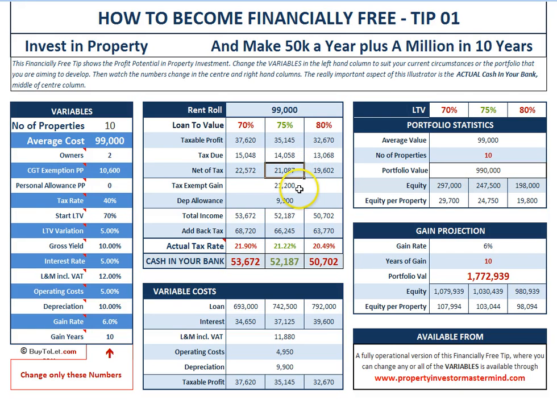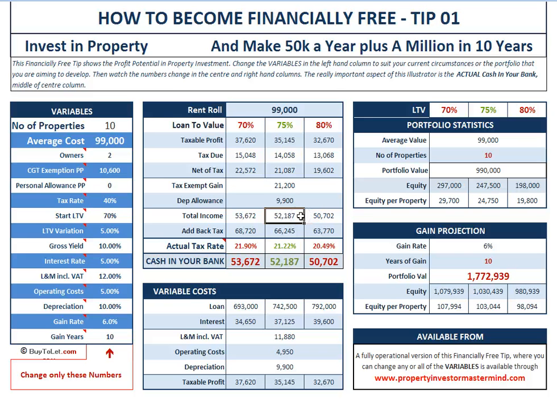Now the assumption is that you're going to sell at least 2 properties. Sorry, you're going to sell a property a year to generate a tax-exempt gain of £21,000. Okay, that is part of your income. All right, 2 of you in this particular case own the properties, and you will sell 1 property a year to generate a taxable gain of £21,000. Then we bring this depreciation allowance in. You're not going to spend it on furniture, so that comes in as cash that is available to be spent, giving you a total income of